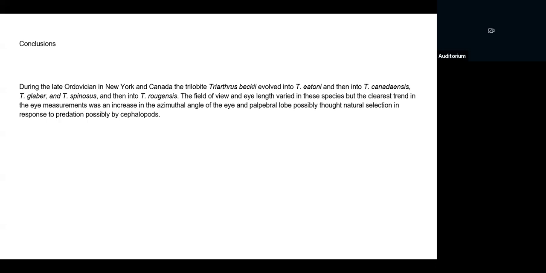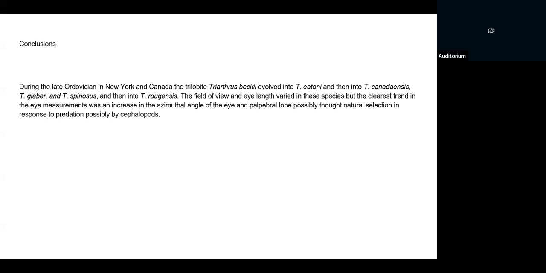Was there stasis going on, or were there punctuated equilibrium events? You can look at heterochrony, because in Triarthrus we've got the baby protaspid stage, the intermediate meraspid stage, and the holaspids for becki and eatoni. The end result is it looks like recapitulation. It looks like these things are starting with becki in the juvenile stages of eatoni and then modifying it as